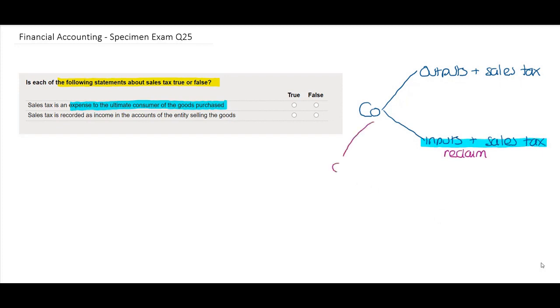However, for a consumer that would purchase from this organisation, they are not registered for sales tax, and as a result they will not be allowed to reclaim the sales tax on their purchases. They therefore suffer the cost of the sales tax as part of the purchase, and this means that this statement is true. The second statement says that sales tax is recorded as income in the accounts of the entity selling